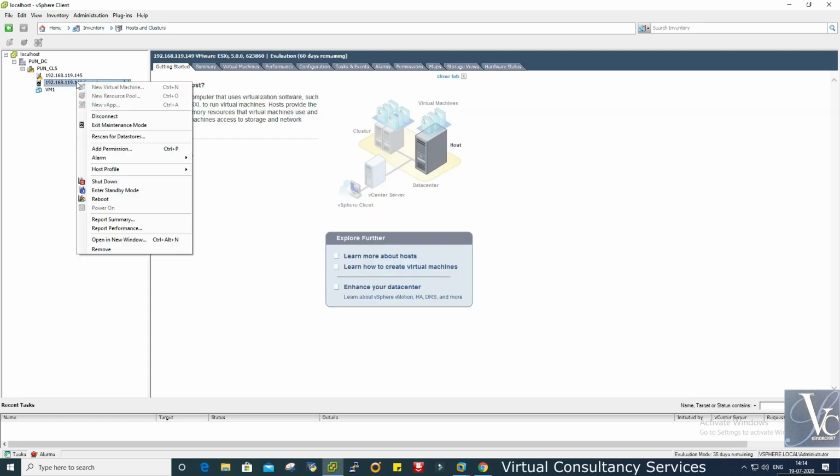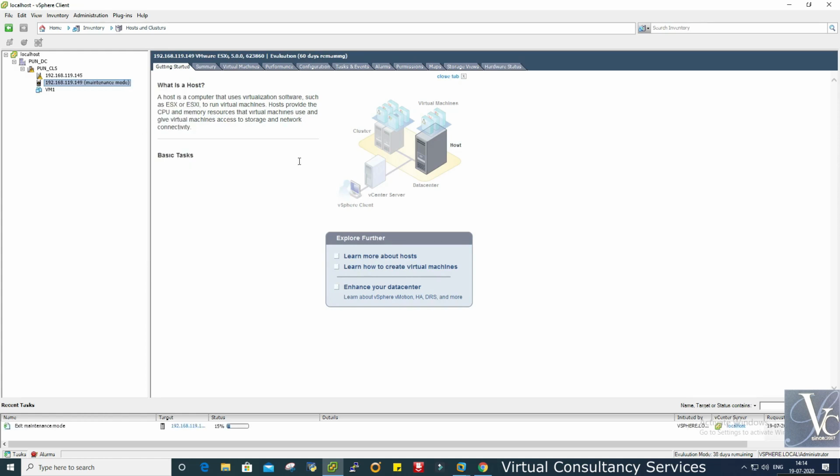So first I will take this host out of maintenance mode.